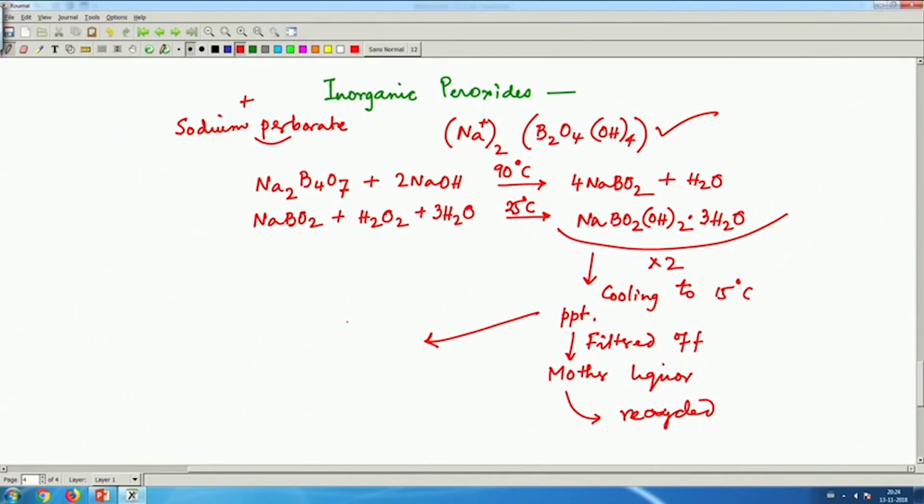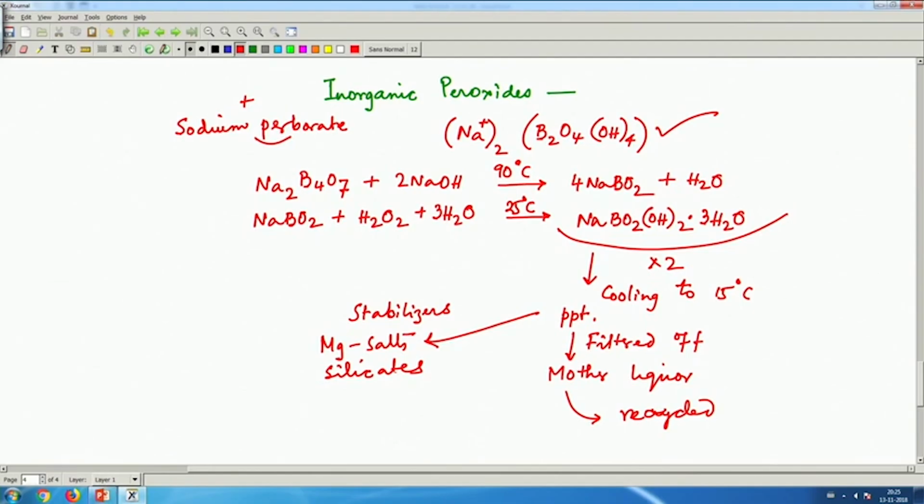We have to add, as with our hydrogen peroxide H2O2, the stabilizer here also, and these stabilizers are magnesium salts and some silicates. So this basically gives us some idea how we can have some inorganic peroxide, which is very important to know,